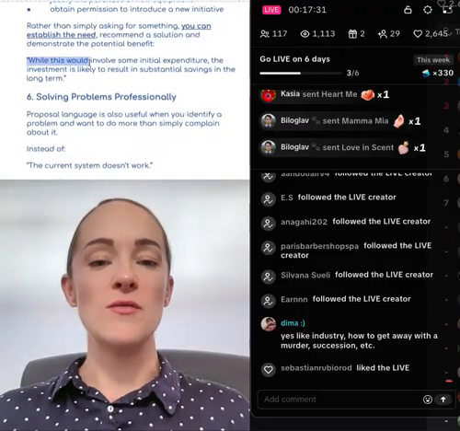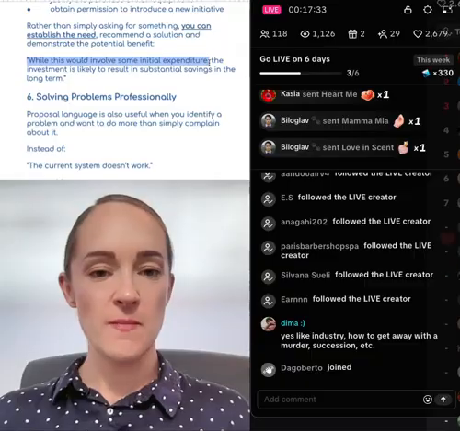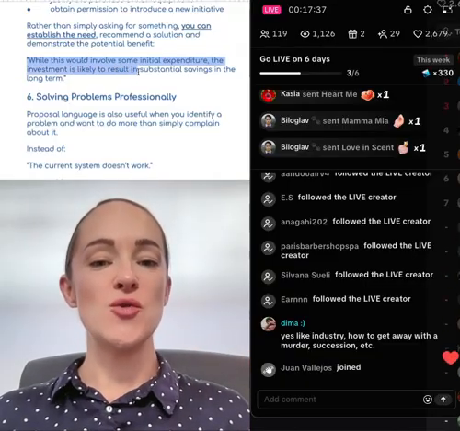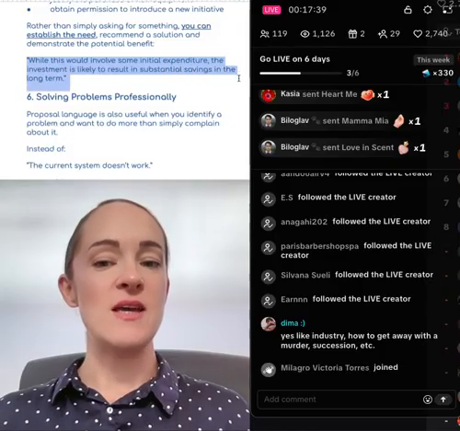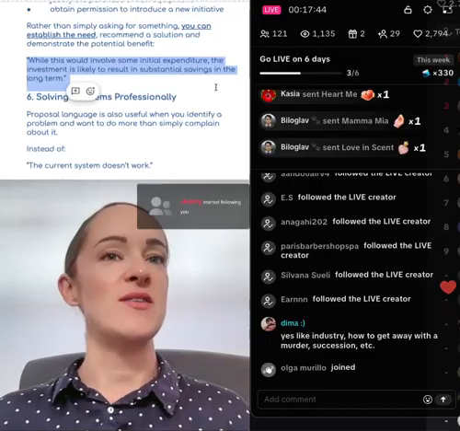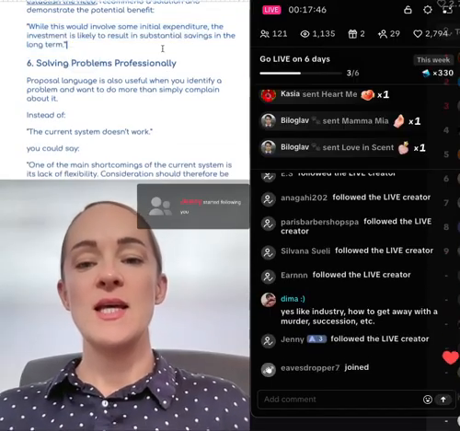While this would involve some initial expenditure, so this is the need, the investment is likely to result in substantial savings in the long term. This is the potential benefit of the investment, okay? Number 6,